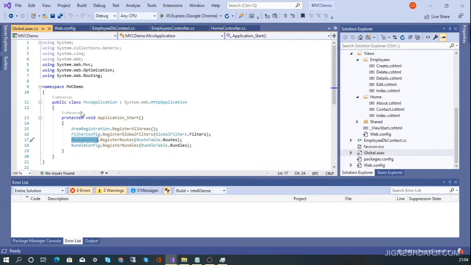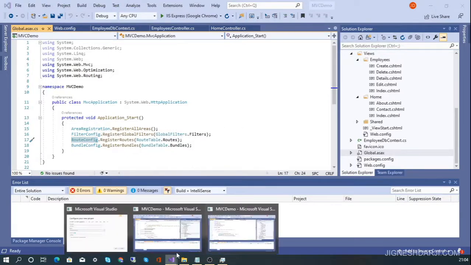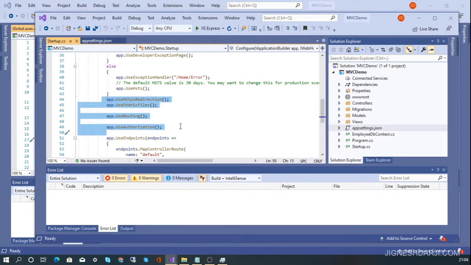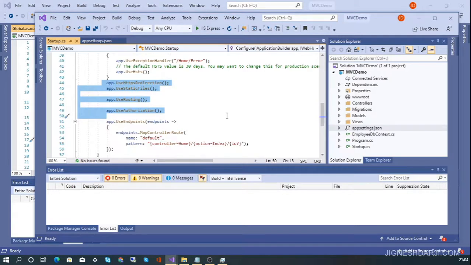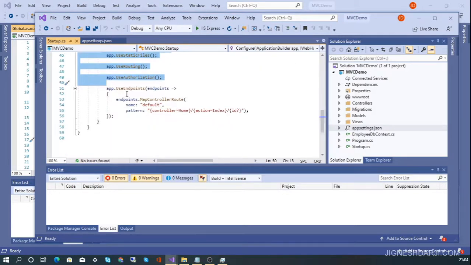Okay, so we have all these settings in our startup.cs class. And this is our endpoint, this is our default routing that we already have.